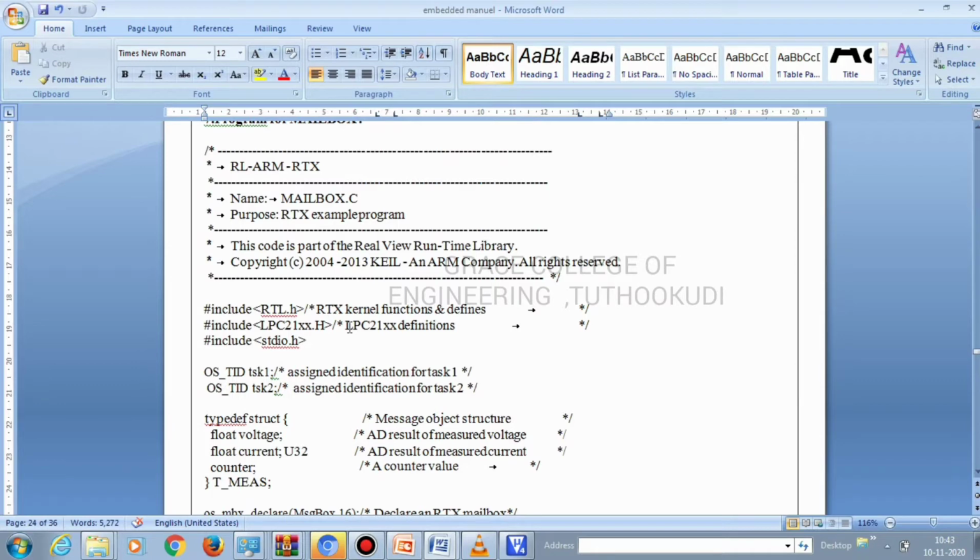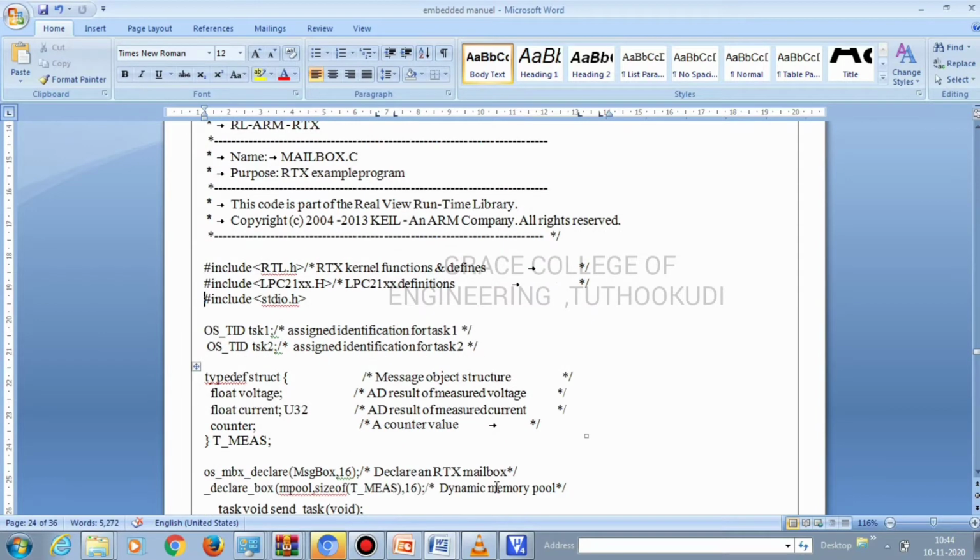We are going to read the real-time values which we have declared here in the typedef structure. We are calling this a structure because we are going to read the voltage, current and counter value, all of which are variables of various data types. So we are defining these variables under the type definition structure.